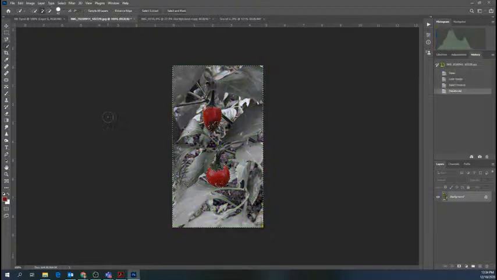Okay, and that shows you another method that you can use for your isolation. So I just showed you 3 different methods that you can use and experiment with within Photoshop